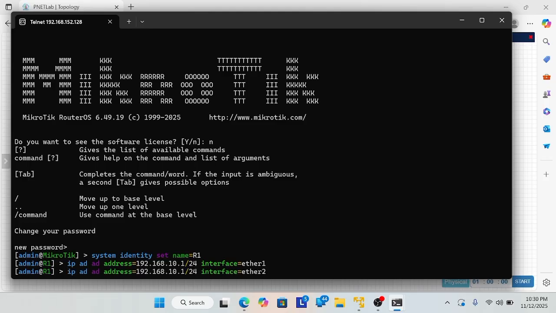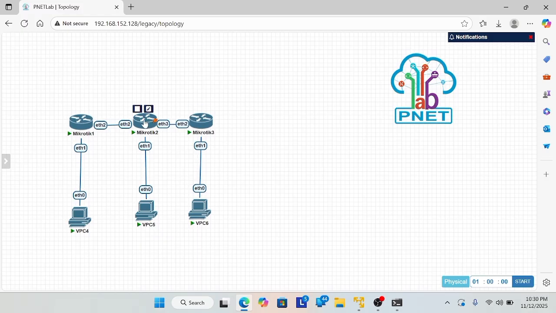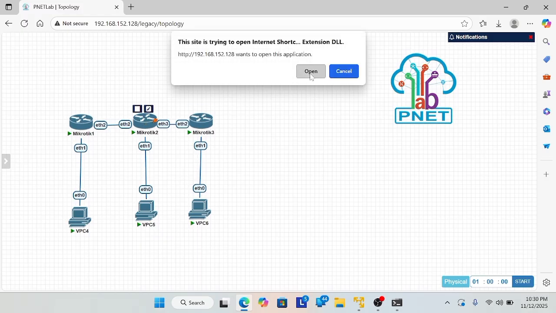Enter, and add the IP address again on ether 2: 10.10.1.1. You can add the IP address.